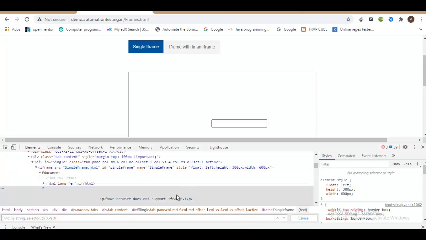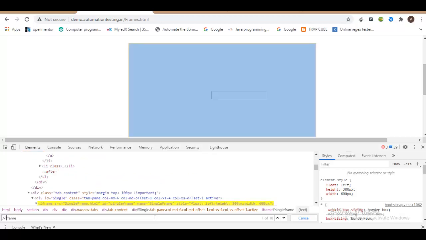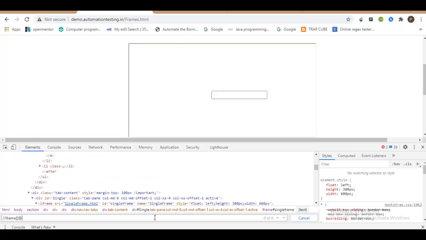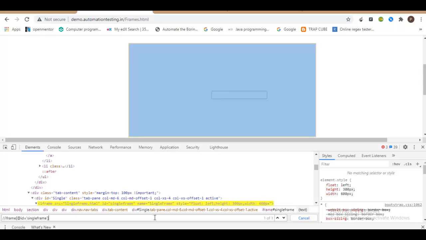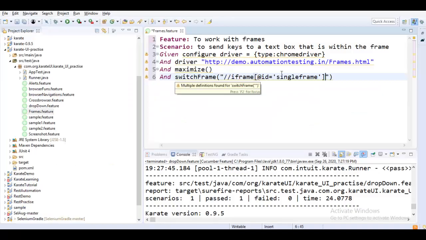Let me do a Control F. It's in the iframe tag, and the ID value is this one. Let me quickly pass it here.